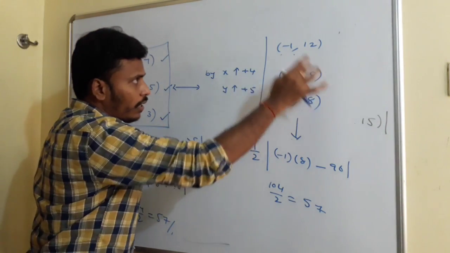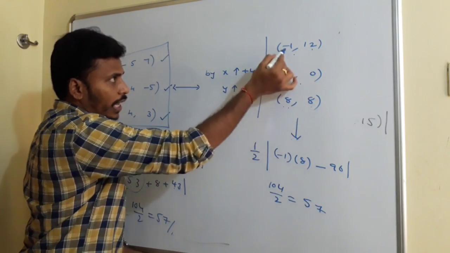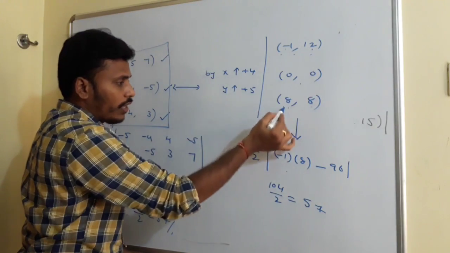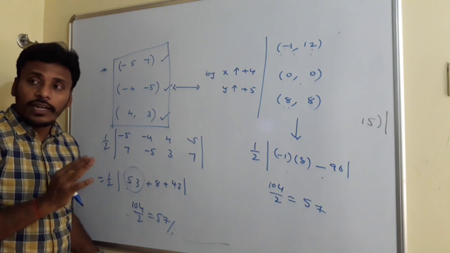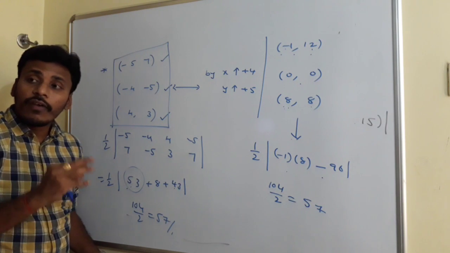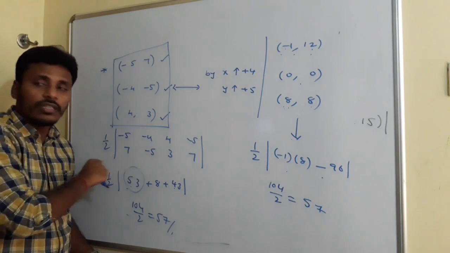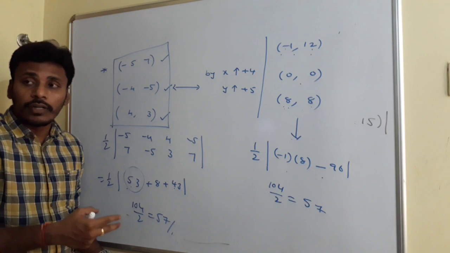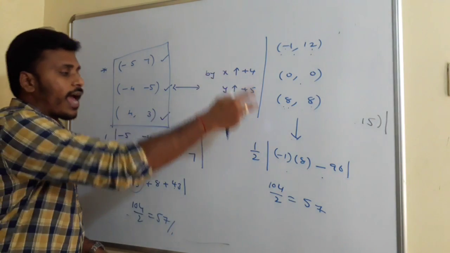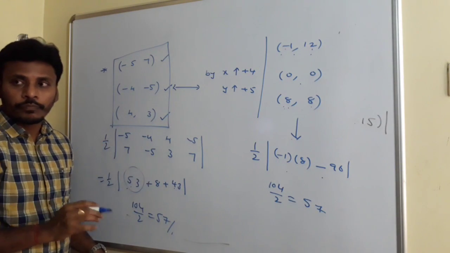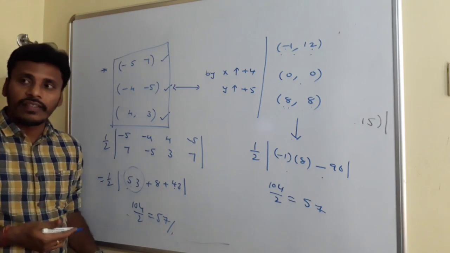Keep this in mind, and then if you apply the rule x1 y2 minus x2 y1, x1 y2 is minus 8, x2 y1 is minus 96, and that simplification is 57. Just observe it, don't get confused about this, right? We have different methods to find the area. One method is this regular procedure, and another simple technique is converting any one vertex to 0 comma 0, which I explained here on the board. Just have a look and keep it in mind, it may work for you.